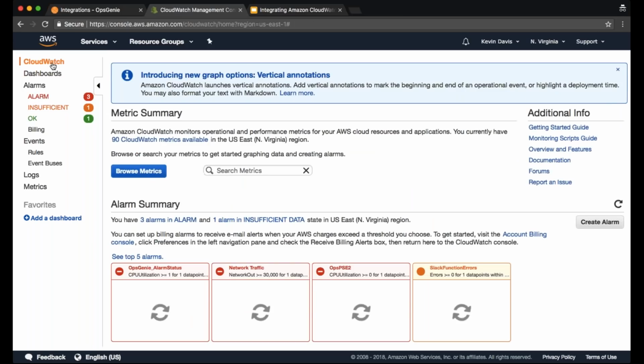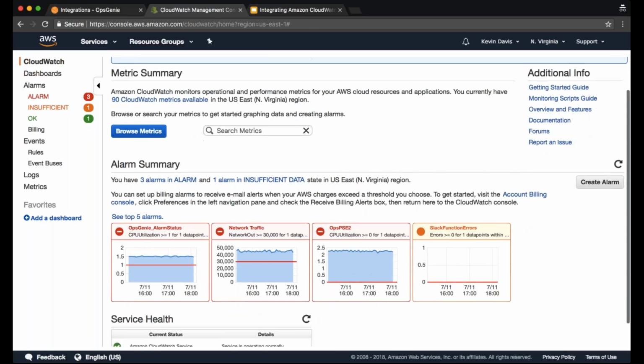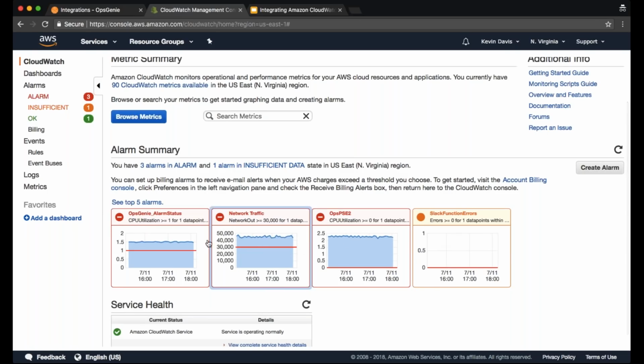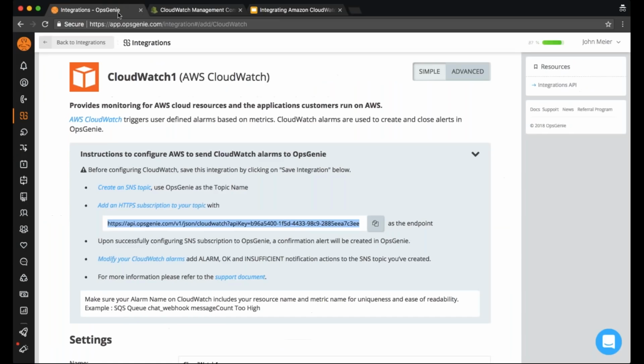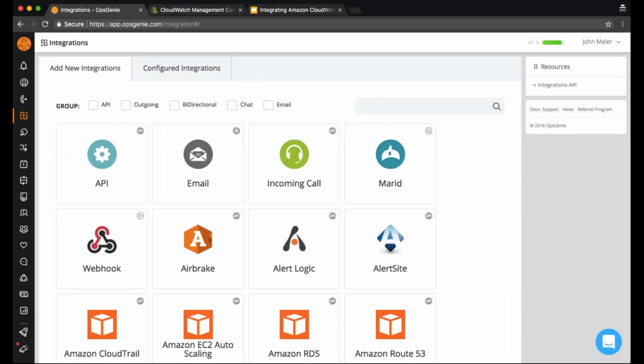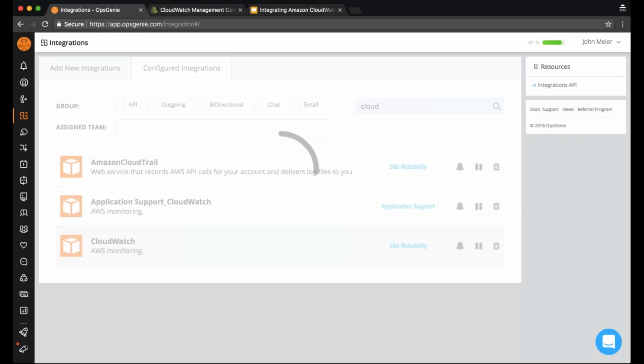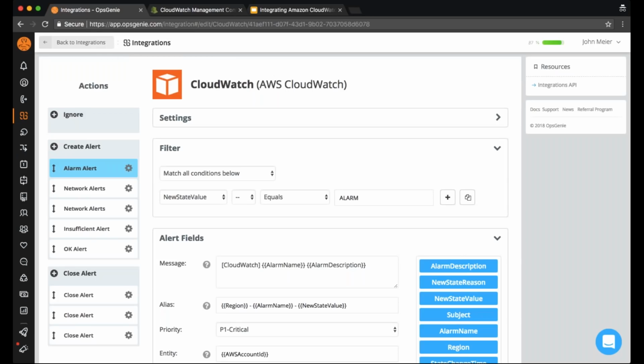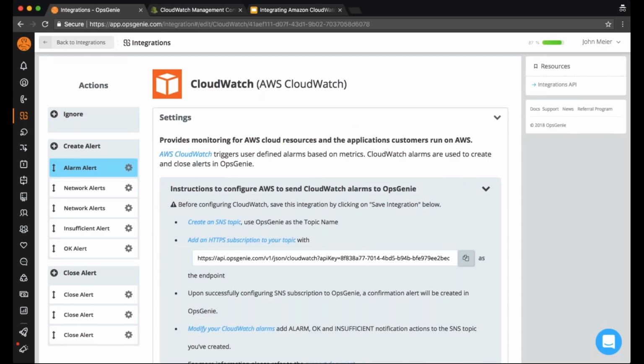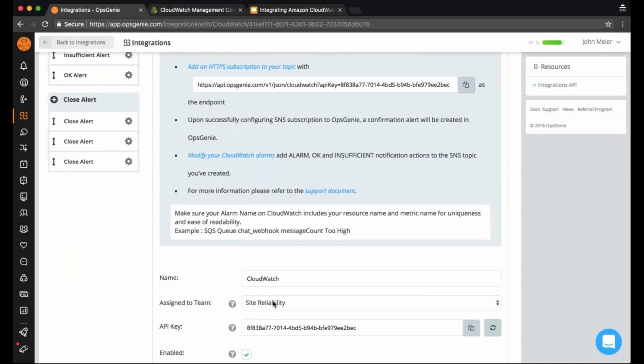Then now on your CloudWatch dashboard, you'll be able to see all of the different alarms that you have set up and the status of those. So now if we go back into Opsgenie, I will go and take a look at one of the previously configured Lambda functions, or sorry, CloudWatch integrations. So as you can see here, we set up this CloudWatch integration and we are routing those alerts to our